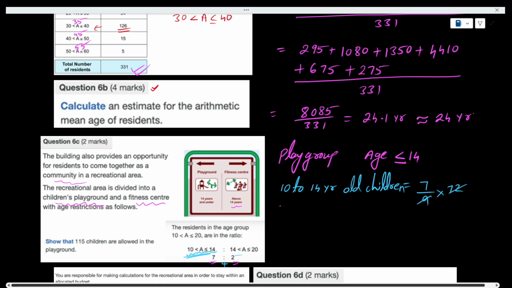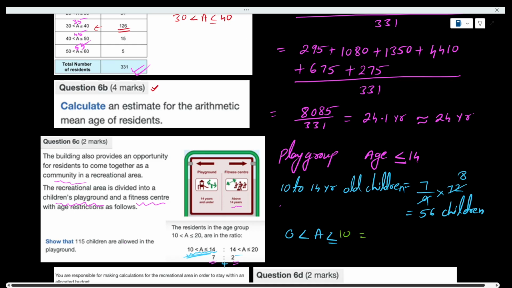If I do it, this is going to be 56 children who are from 11 years to 14 years. And the number of children greater than 0 and less than or equal to 10